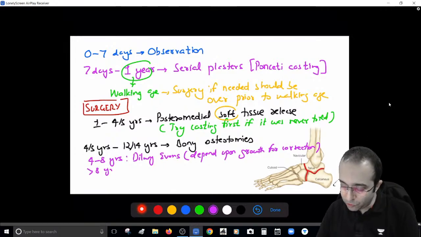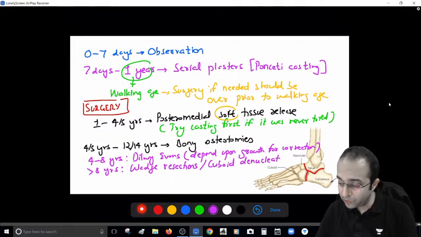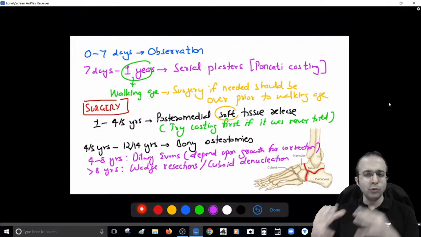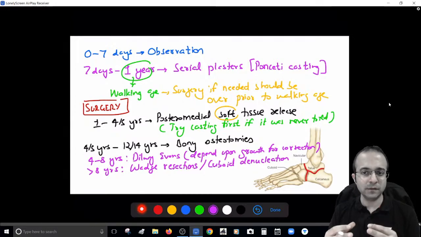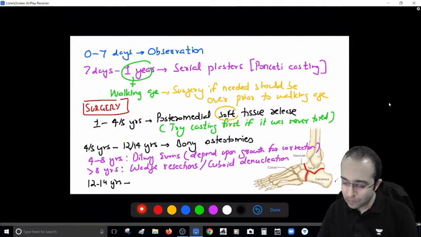Beyond 8 years, not much growth is left, so we generally go with wedge resections. काट के पैर को सीधा कर देते हैं, पूरी बोन रिसेक्ट कर देते हैं, या यहाँ जैसे क्यूबॉइड एनक्लिएशन, क्यूबॉइड निकाल देते हैं to correct the shape of the foot. These kinds of surgeries are bone removing surgeries. Okay, resections. Now somewhere around the age of 12 to 14 years, the foot becomes so rigid that here you